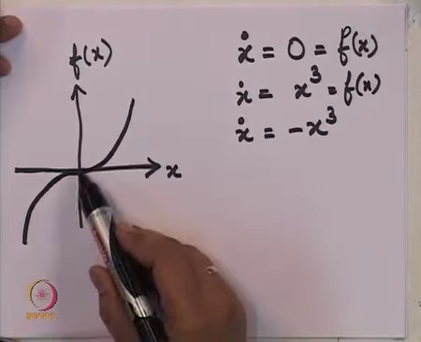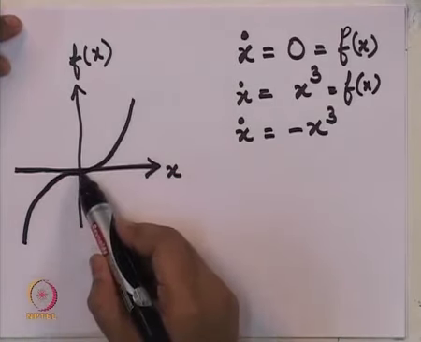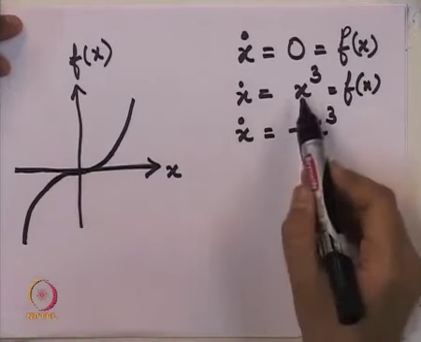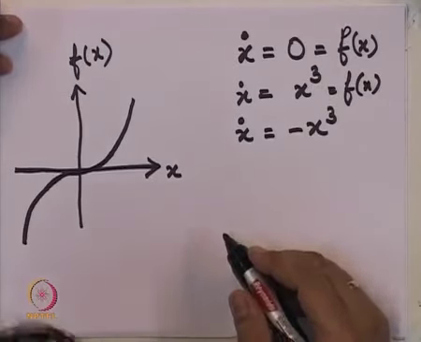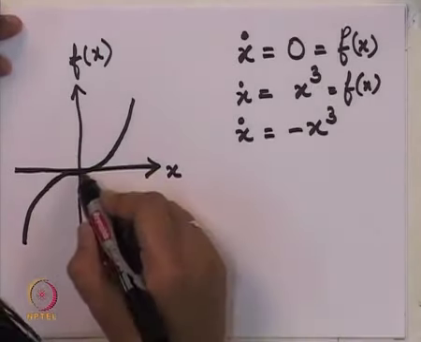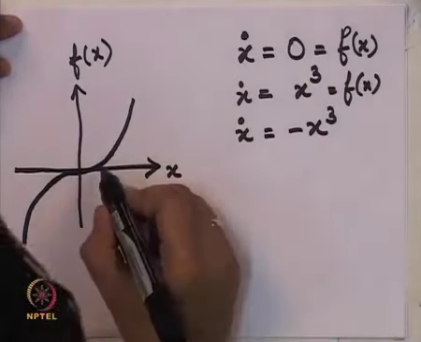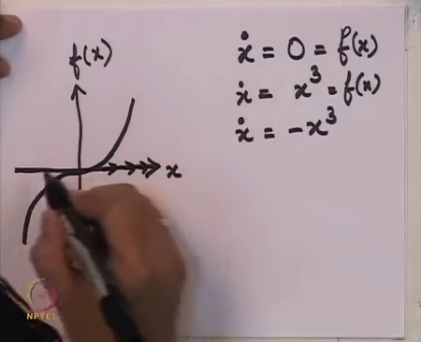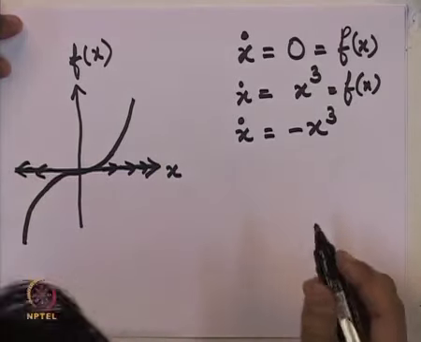So, one can check that this particular curve is tangential to the x axis at this equilibrium point. What is the equilibrium point? We equate x cube to 0 and we see x equal to 0 is the only real solution. So, the tangent also at this point happens to have slope 0. On the other hand, we can see that the arrows for this example would always be directed away from the equilibrium point 0.